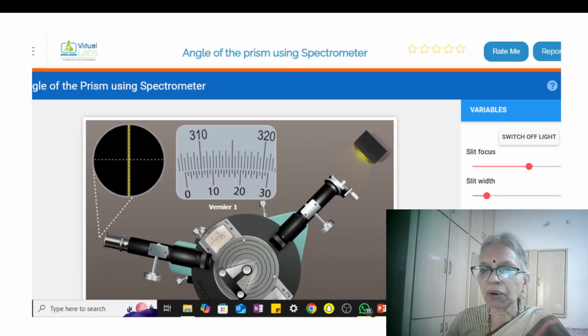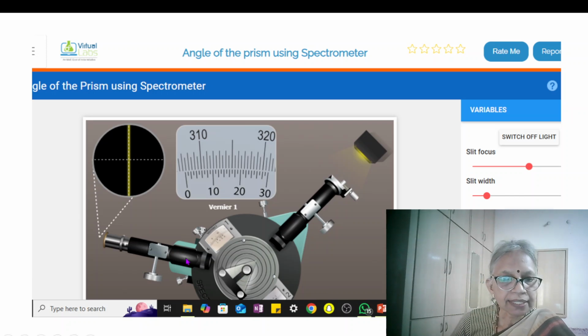Then what you have to do is start the simulation, adjust the slit focus, this is the slit, adjust the slit width, okay, switch on the light. You have switch off and switch on, it's a toggle. So once it is on, later it will be off. So this is how you do. As you can see, this is the prism. This is one reflecting surface. This is the other reflecting surface.